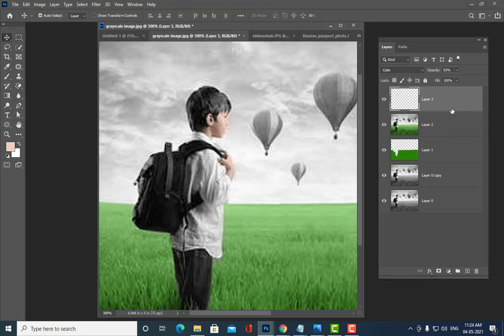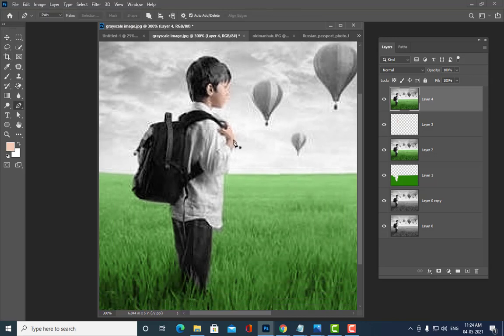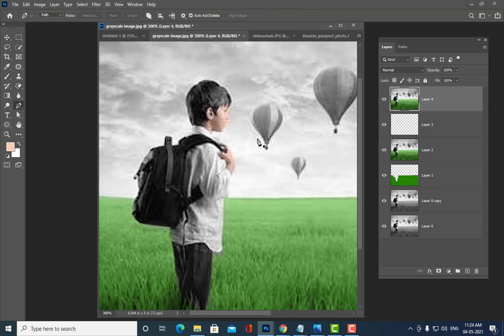Then we will do the same thing again. We'll take a common layer again, Control Alt Shift E, and then again I will try to colorize. I will only colorize his pants and his hair. So we'll first colorize his hair. He is actually a foreign boy, so his hair is not exactly black, it is a little bit brownish in color. So we'll give some brownish color to his hair. You can do a rough selection, it's okay, because anyway the image is of low quality.